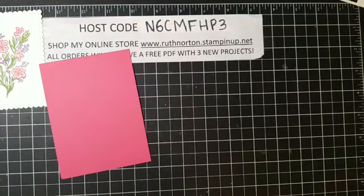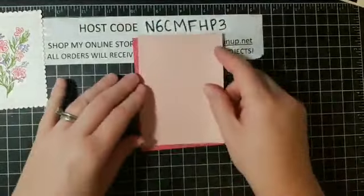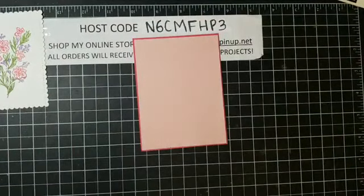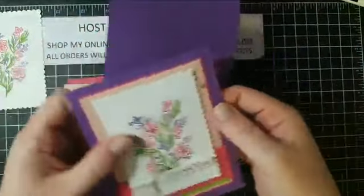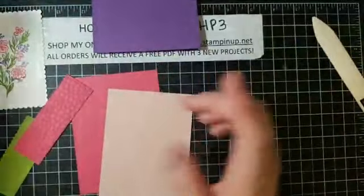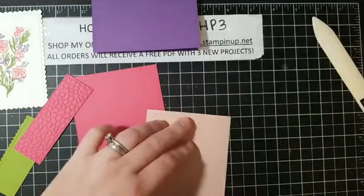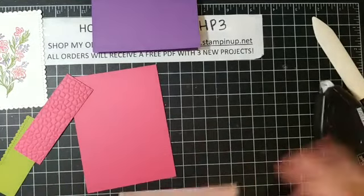All right. When I made this card, I had actually left the mat off, but I felt that it needed a little something to go right on top of it. So let's get out the rest of our card bits. And after you get the stamping done, the rest of the card is very quick. So I'm gonna fold my card in half on that score line, that 5.5 inch score line. Use my bone folder, and we're gonna start assembling things. Now I'm gonna use Fast Fuse because I forgot to refill my Snail. So I'm gonna use my Fast Fuse,